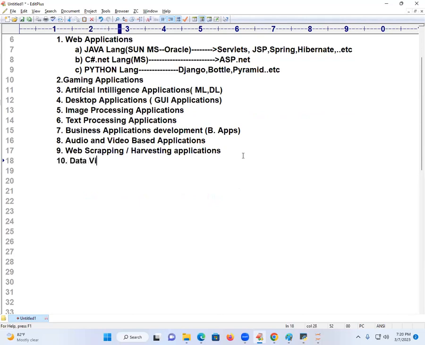Next, tenth, I am going to write it. Data visualization and complex mathematical calculations. It's a great topic. Take school. The school gives the annual progress report.